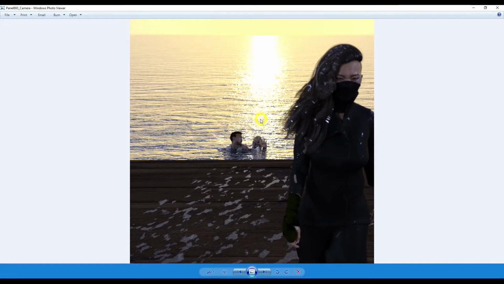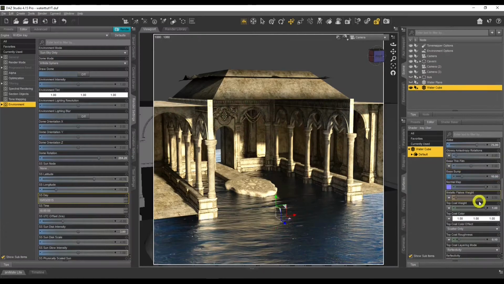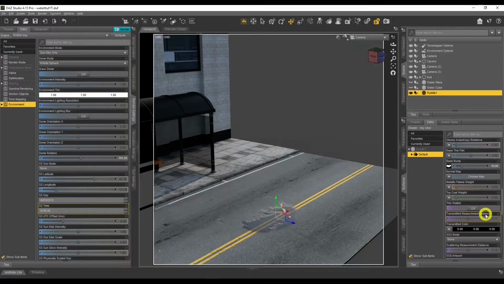In today's video, we will be learning how to create water scenes and we will also be creating puddles all